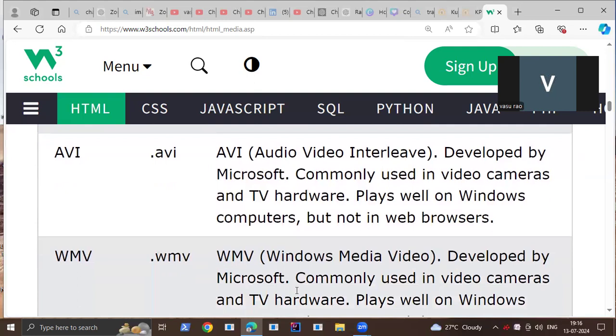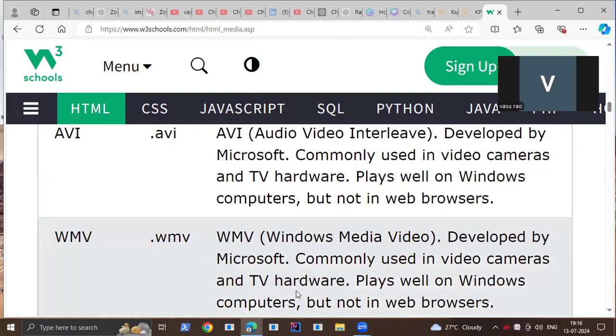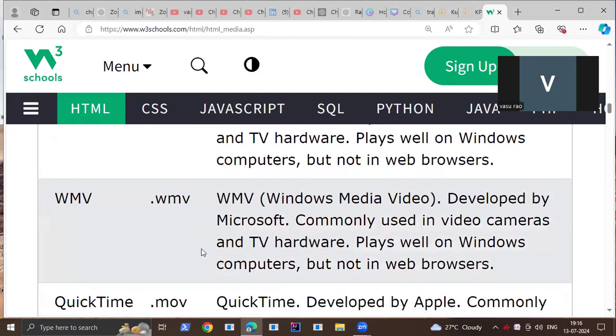But not in web browsers. Okay. WMV, .wmv, Windows Media Video, developed by Microsoft, commonly used in video cameras and TV hardware, plays well on Windows computers, but not in web